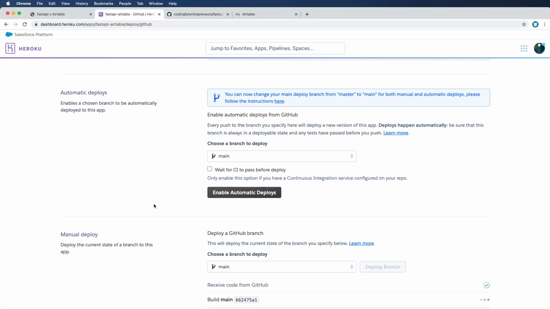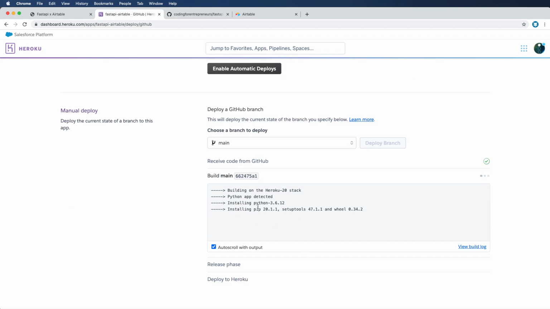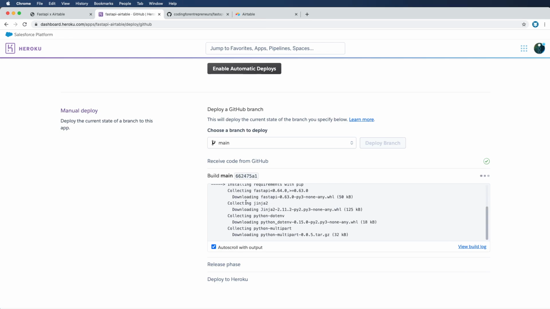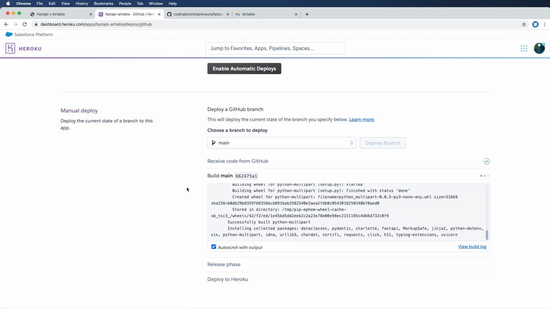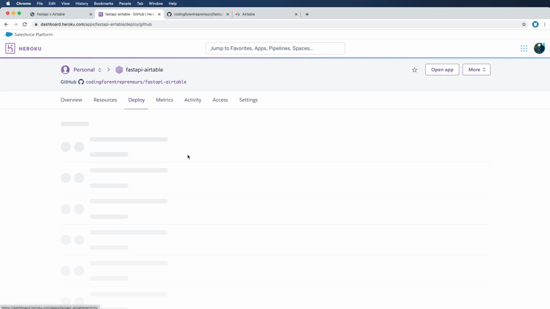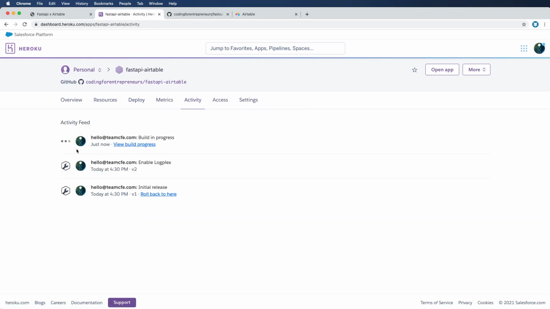So this should actually deploy our first application, and we'll even see it building right here. The cool thing about this is it will also show me if errors occur with my code at all. This is often a good place to start if you've never deployed to Heroku before, is just doing these manual deploys. So if I scroll back up and go to activity, what I'll see is that same thing happening